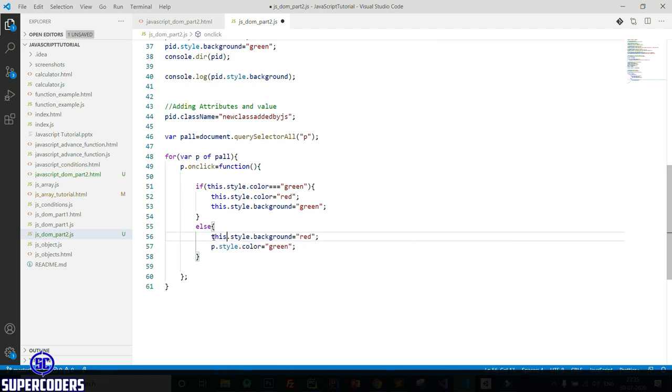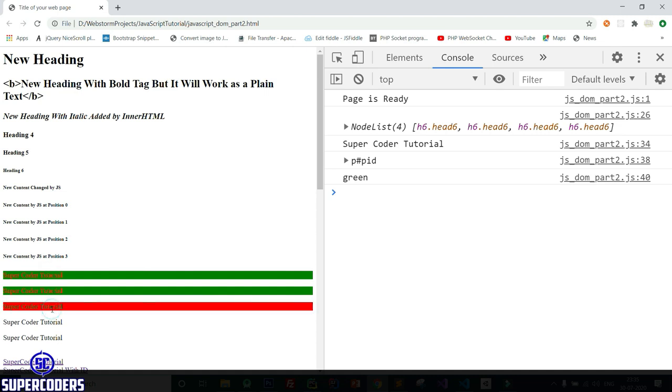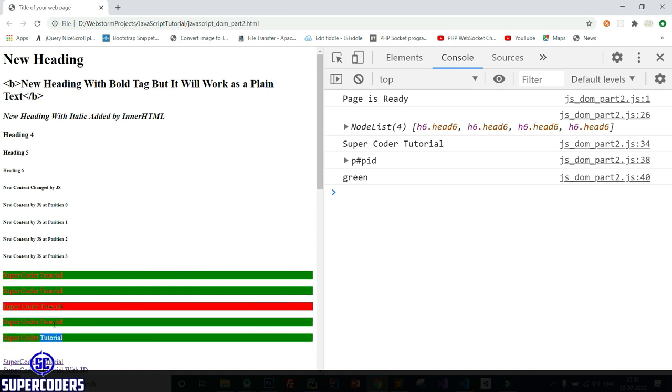Now let's change this again. Come back, refresh. Now let's click on this, and you can see it's working. So that is the use of this, and it's working perfectly.